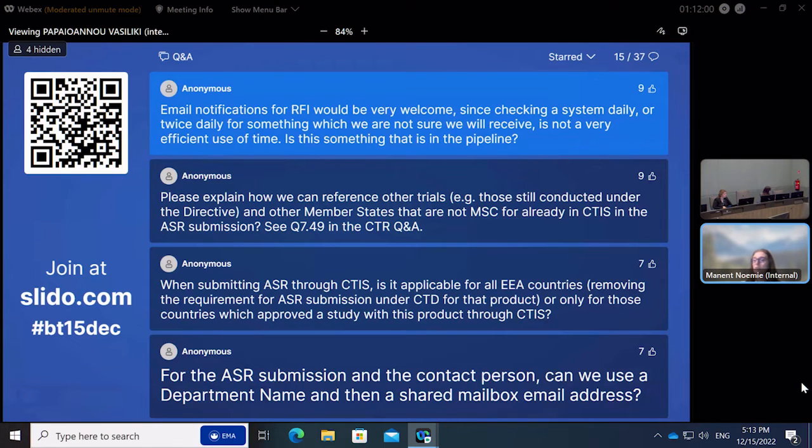What is really important here is that we will need to collect your feedback. And if email notification indeed is very relevant, we need to be told about it. And I think this is why we have a service desk. The service desk is certainly there to collect your comments if you have difficulties with the system, but also to collect any improvement that you would want to see in the system, because the more requests on this particular feature we will receive,